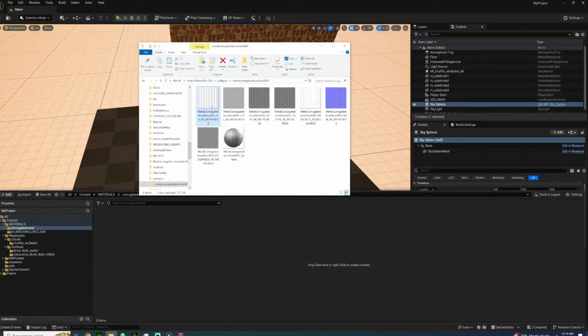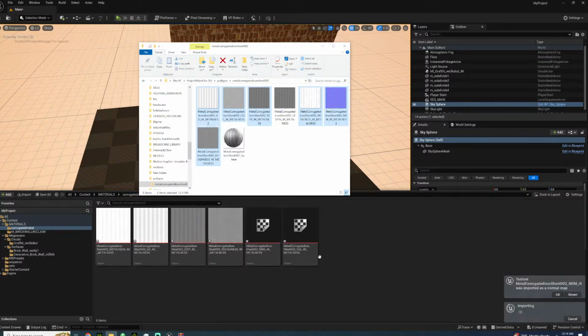Oh yeah, we got some maybe occlusion, roughness. Let's go here, and then finally, do we have a displacement? We have a displacement, metalness. Oh yeah, we got a whole bunch of stuff here. All right, so